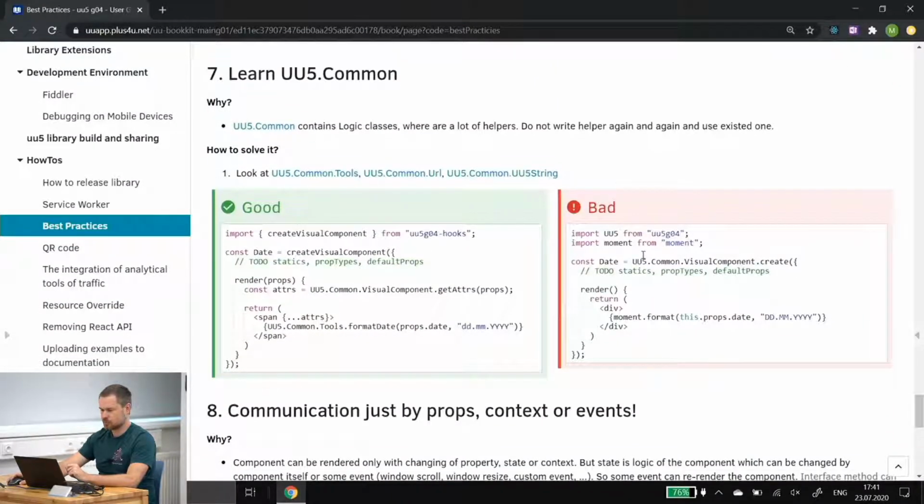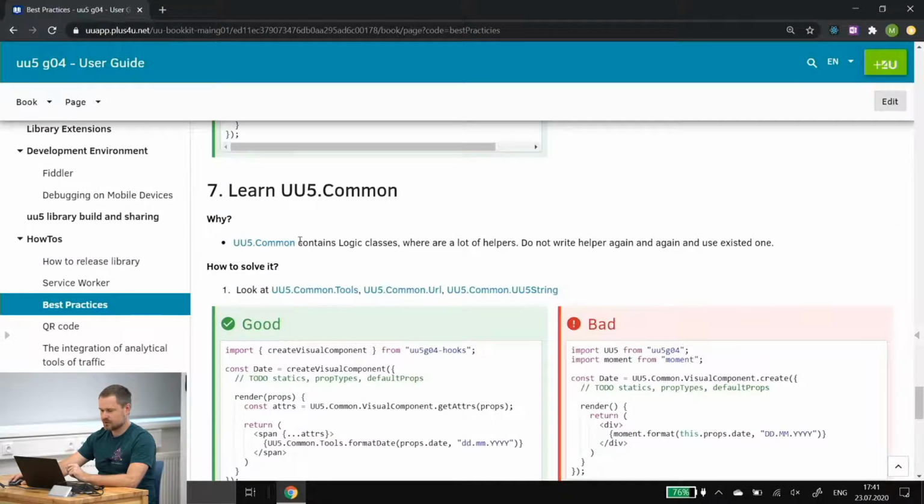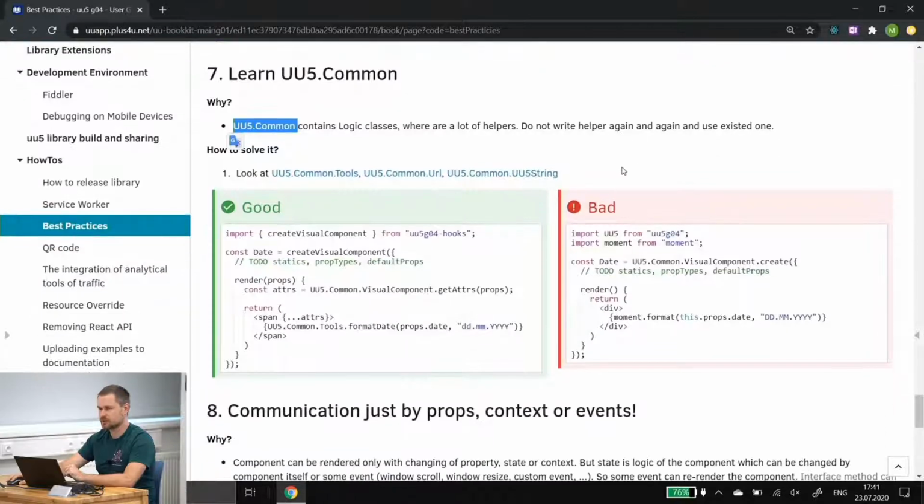Okay. Very often we see that developers don't know we have the common namespace with a lot of utilities, so please check the documentation. There are a lot of functions that you can use to format dates, strings, work with components, URL, uu5 string,